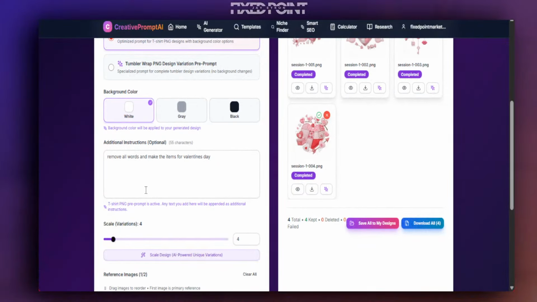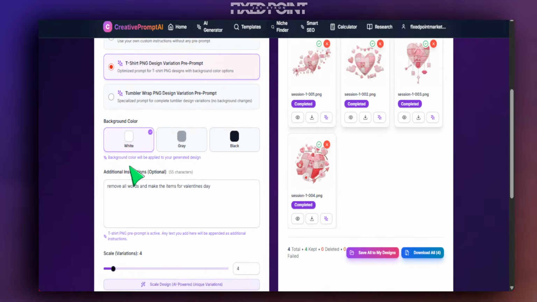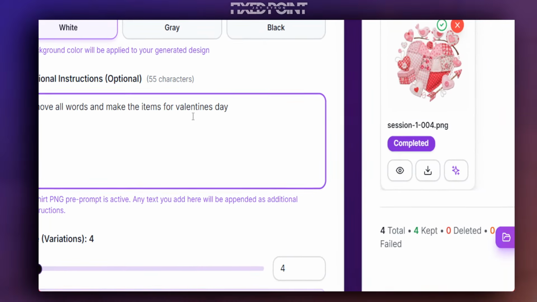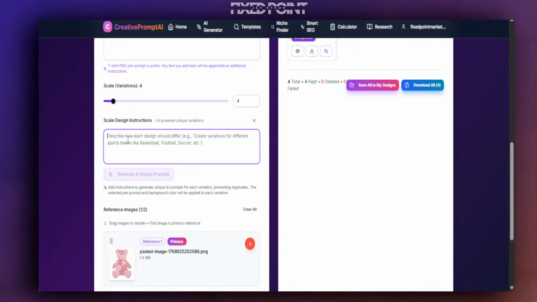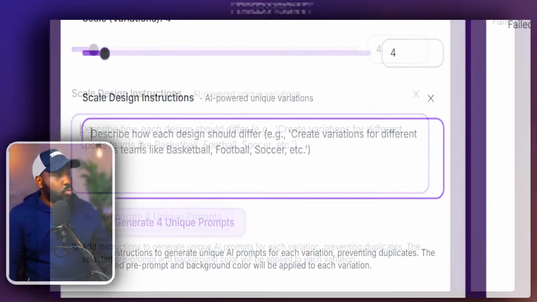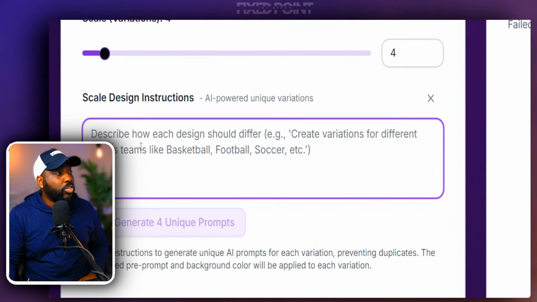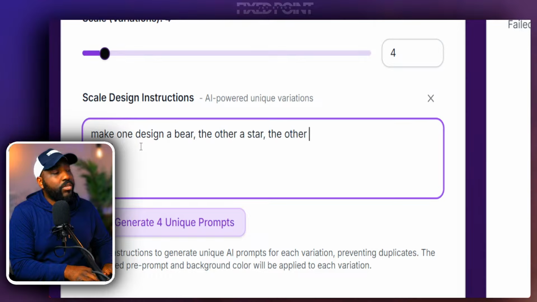Now we're at our punchline. Took some time, but now we're here. We're going to keep this on t-shirt pre-prompt, white background. We're going to say remove all words and make the items for Valentine's Day. Perfect. But now we're going to open this up and we're going to tell it more specifically what each design needs to be, right? So you're going to say make one design a bear, the other a star, the other